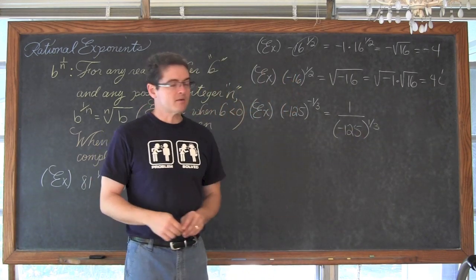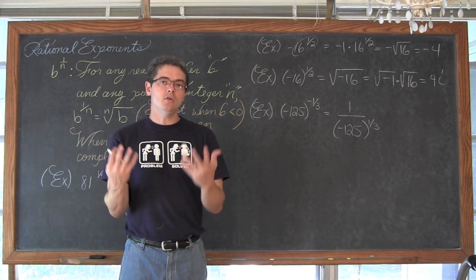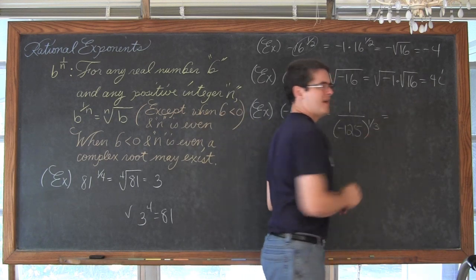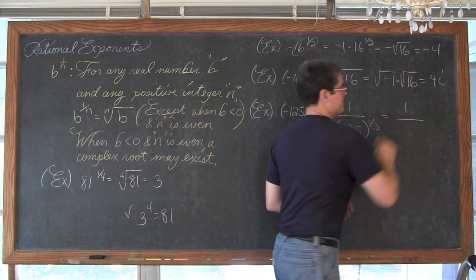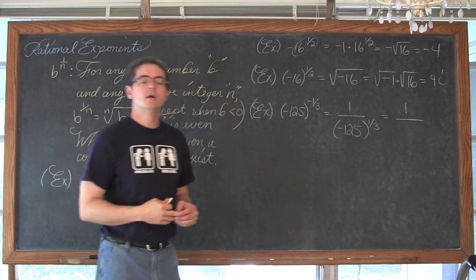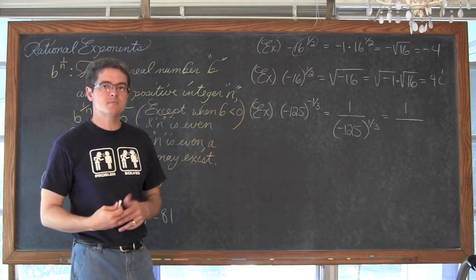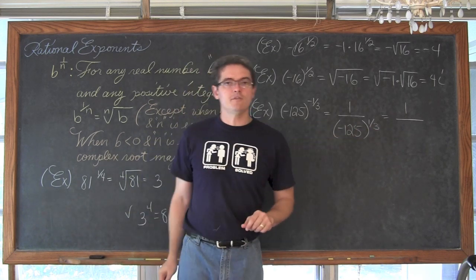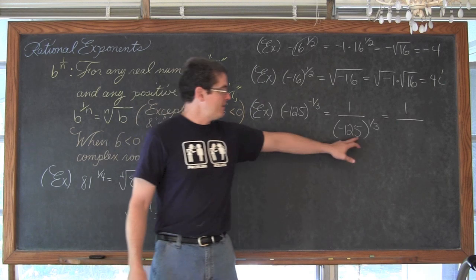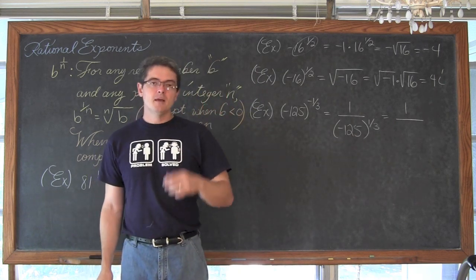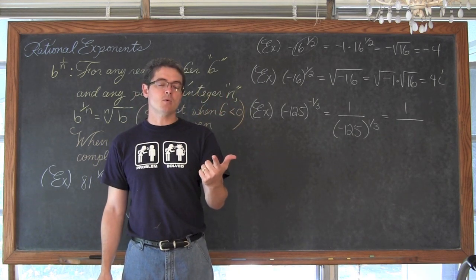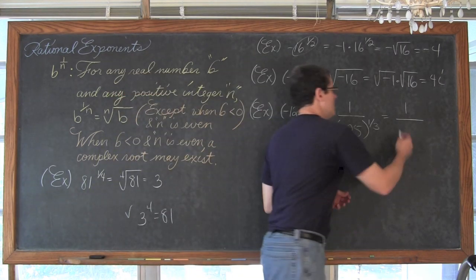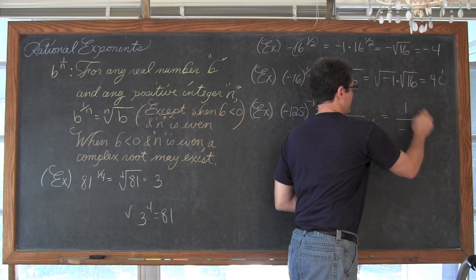Now I'm not going to write this in radical notation because ultimately we are trying to get you used to and learning about fractional exponents. You again may not see really what their benefit is until you get into some higher level maths, or maybe at the end of this particular math class that you're in now. The cube root of negative 125 ends in a 5 here, so it's probably going to be 5. So negative 5 times negative 5 is positive 25, and another negative 5 is your negative 125 that we were hoping for. So this is equal to negative 5.